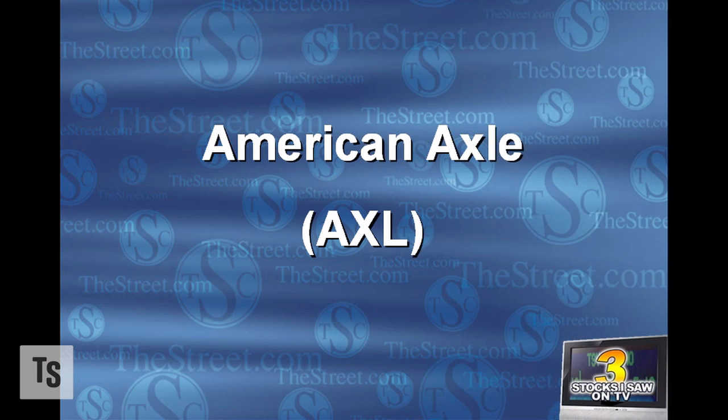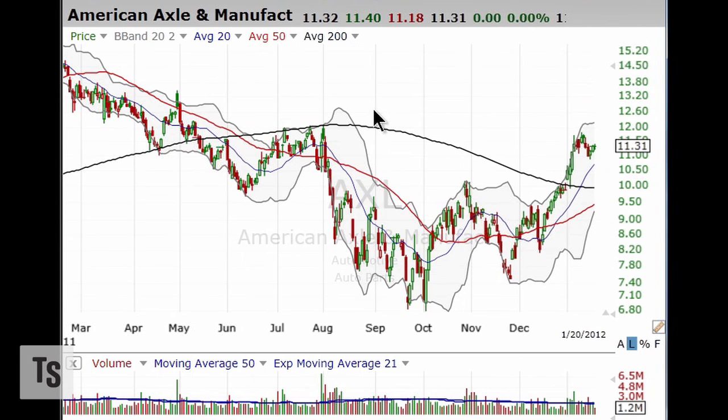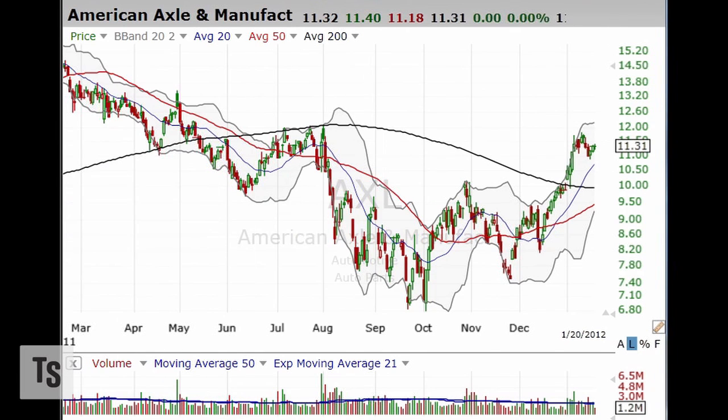Now, what about American Axle and Manufacturing? Kramer thinks this is a good speculative stock. He's not really pounding the table that, oh, you got to buy this, but as a speculative stock, he thinks this is a good candidate for some dough. You look here, downtrend, certainly well established,